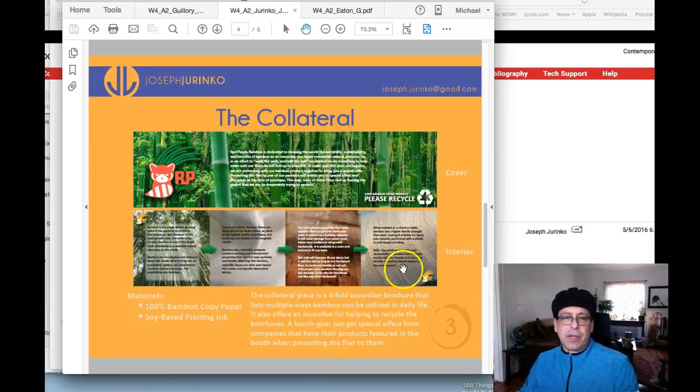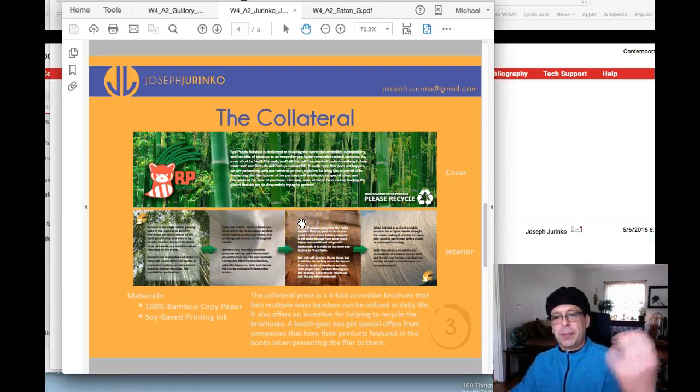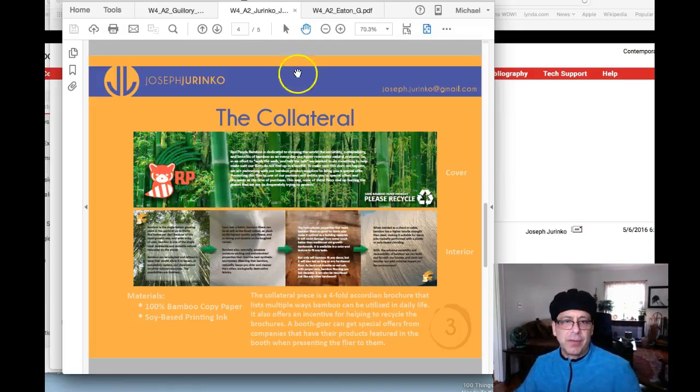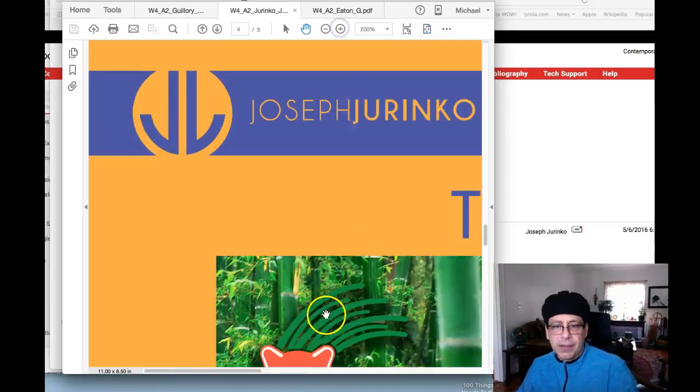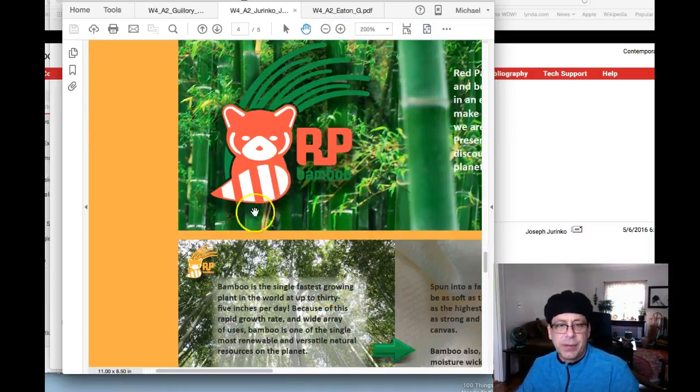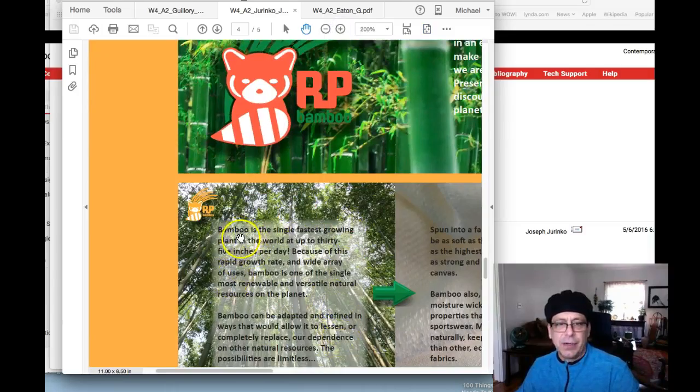Wouldn't a minimal piece with no drop shadows be better? To me, this is not the pristine state of design, like this would be the pristine state of bamboo. Do you see what I'm saying? The pristine state of sustainability in design doesn't equal drop shadows and all these drop shadows. Let's just zoom in here and see what we've got going. We've got this drop shadow here, another drop shadow over here. Then you've got this kind of ghosted out